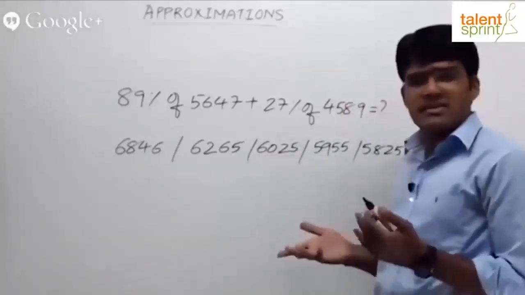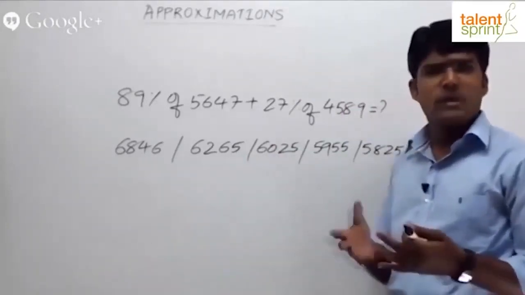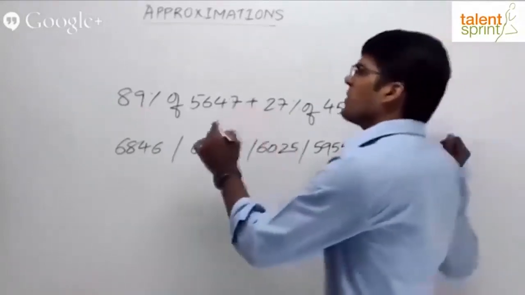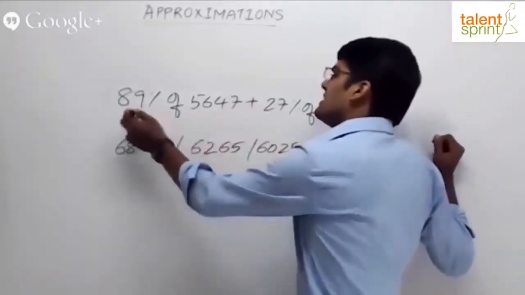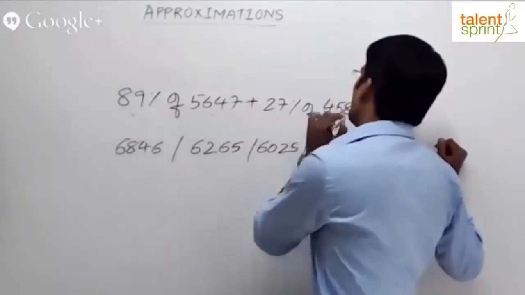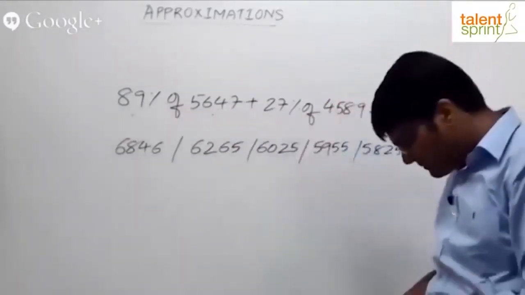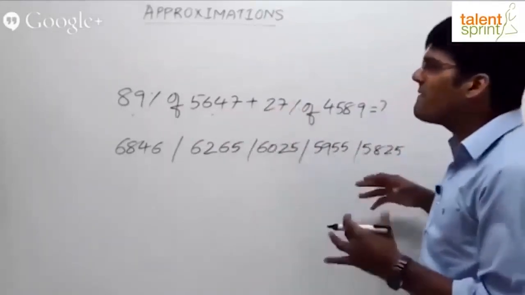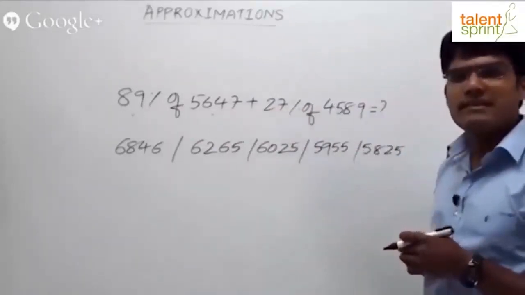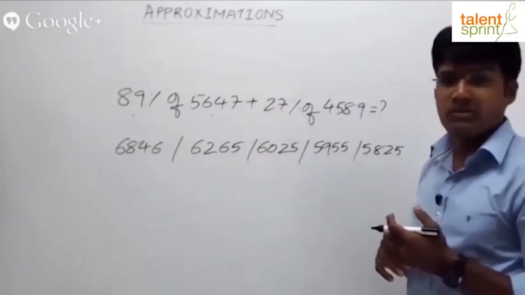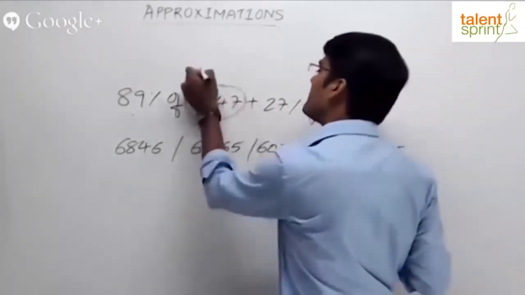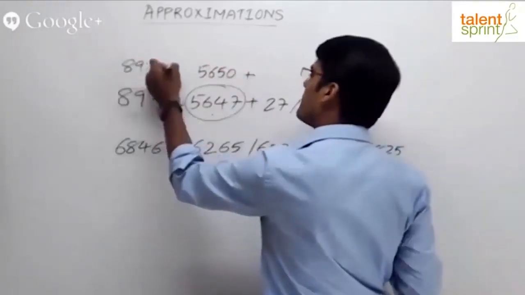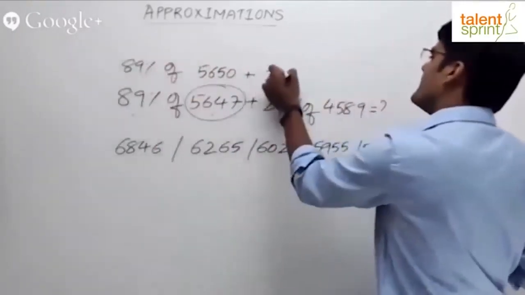Now, we are required to do an approximate calculation. Clearly it says you're not supposed to get the exact answer, so try to do an approximation. I would say rather than changing the percentages, let's change the values. Instead of approximating the percentages, let's approximate the values. 5,647, is it close to 5,650? Very close to 5,650. So we are taking it as 89% of 5,650 plus